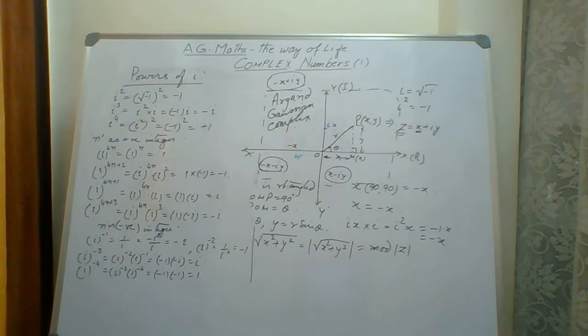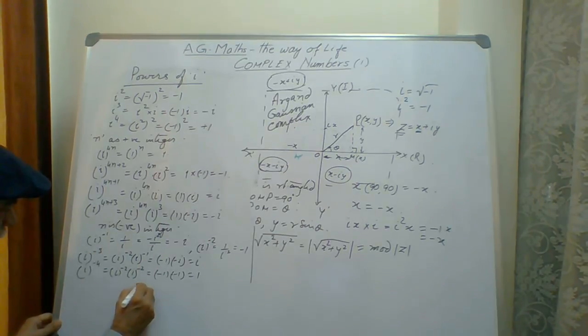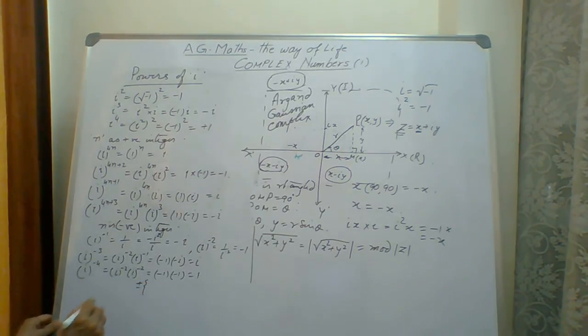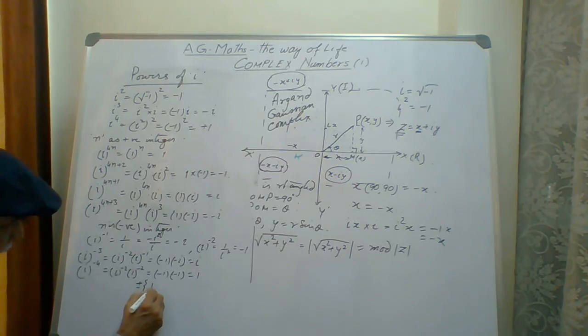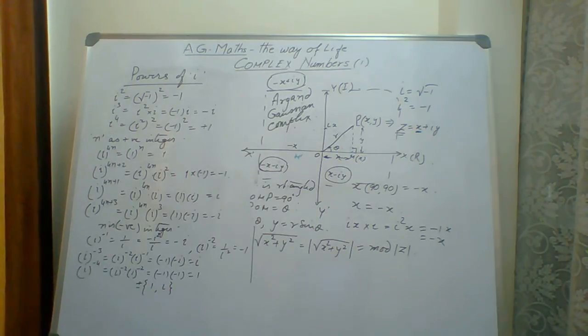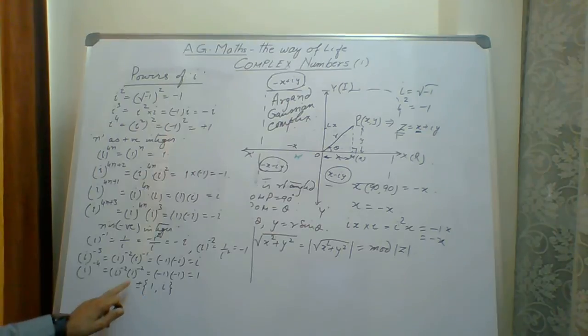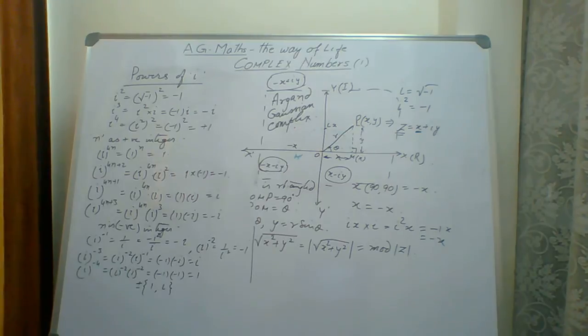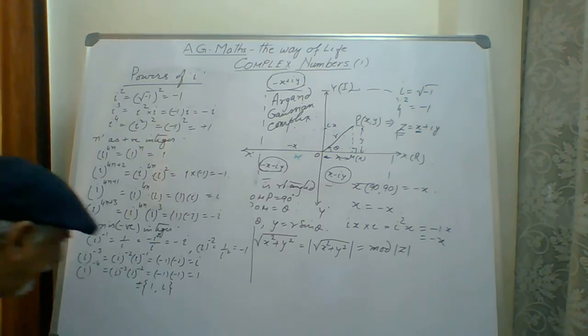So we see that if the values of i powers are changing in any way from 1 to infinity in the positive direction and 1 to infinity in the negative direction, the values are only limited to 4 values: either plus 1 or minus 1 or plus i and minus i, as you see from the whole working. So this is the specialty about the powers of i.